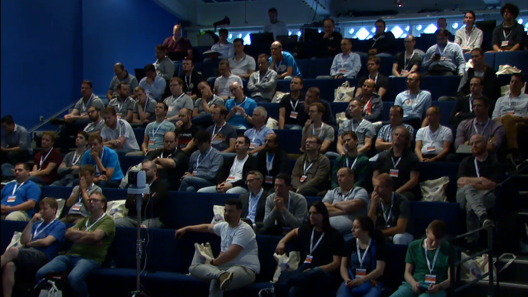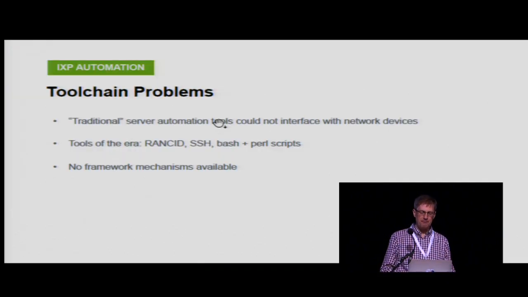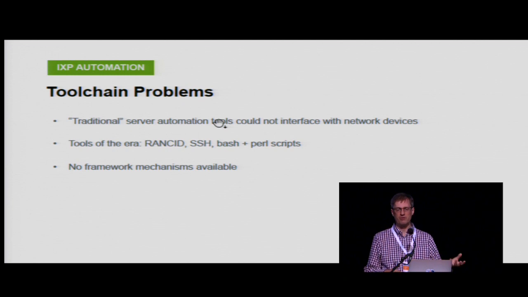But mostly the problem was that there was very poor tool support. So there were tools like CF Engine, Ansible, Chef, Puppet, that sort of thing a couple of years ago. In general, they couldn't actually interface with network devices. A network device is a relatively simple thing. It's not a server. You can't run your own agent on it. It's very difficult to interface with these mechanisms. There were always some network devices that could run them in some way or other, but it was kind of